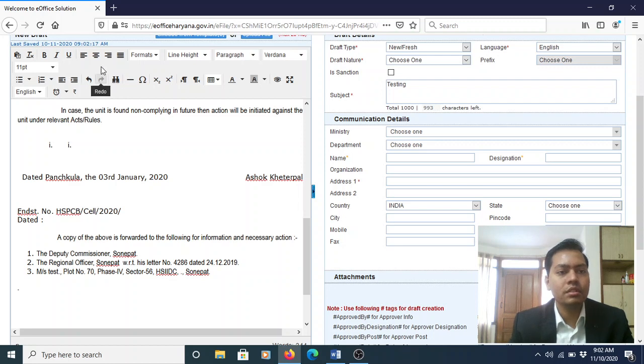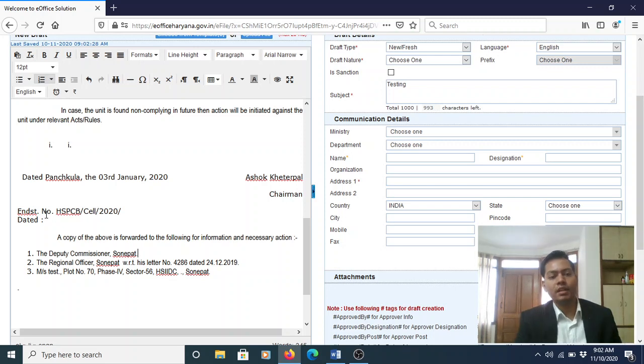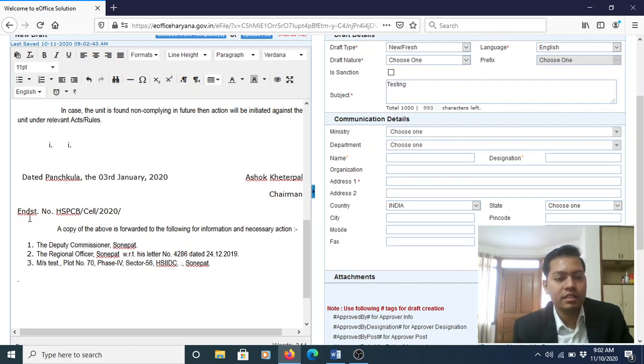And below this, you have to write, and here this is the endorsement number. Earlier we used to write the dispatch number here, but now in the eoffice scenario, the dispatch number gets automatically created when we click on dispatch. And here this date should be